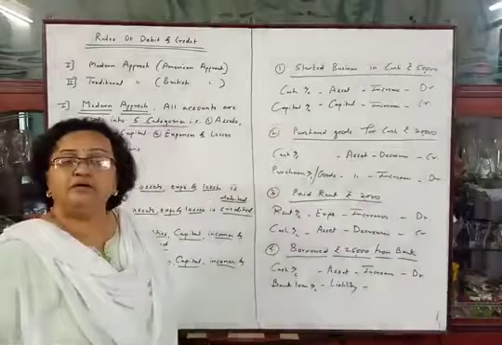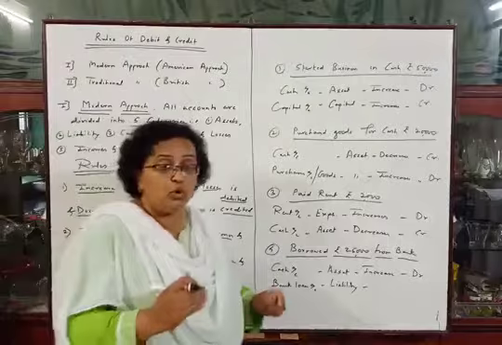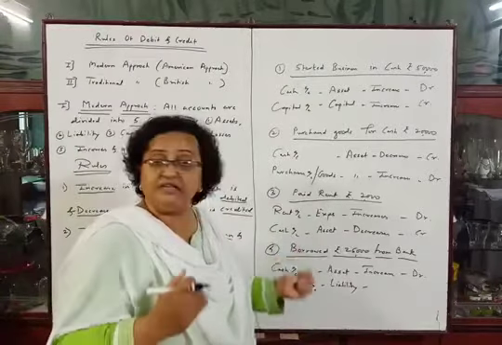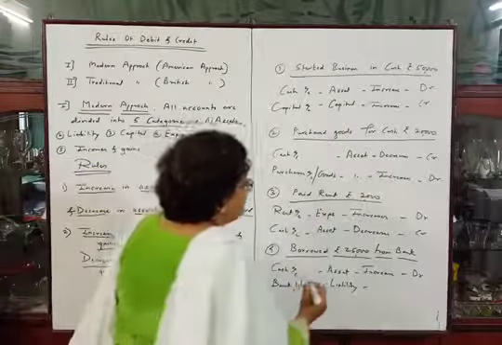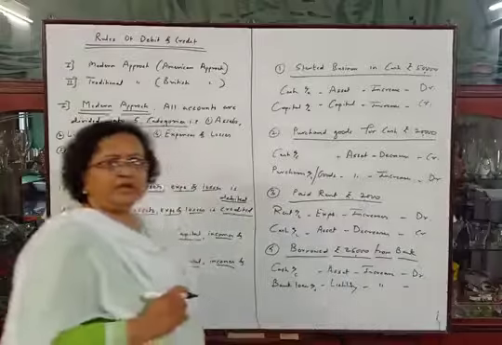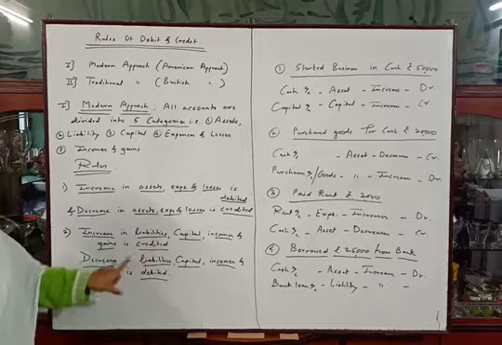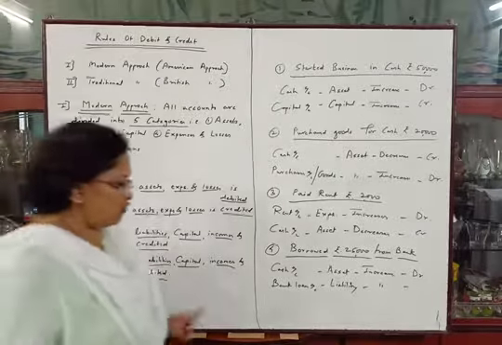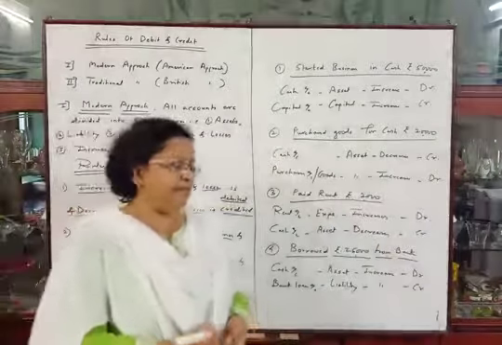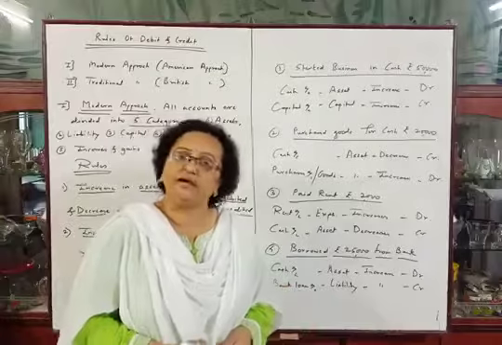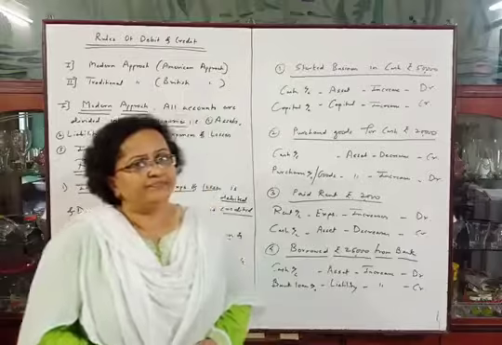And now the second account is liability. The rule says that here a new liability is created after this transaction. It means our liabilities are increasing. Okay. So liability also increases here. And the second rule says that increase in liability is credited. Okay. So we have to credit bank loan account here. So cash account should be debited, bank loan account is to be credited. Understood? Learn all the entries carefully. Okay. That's all for today.